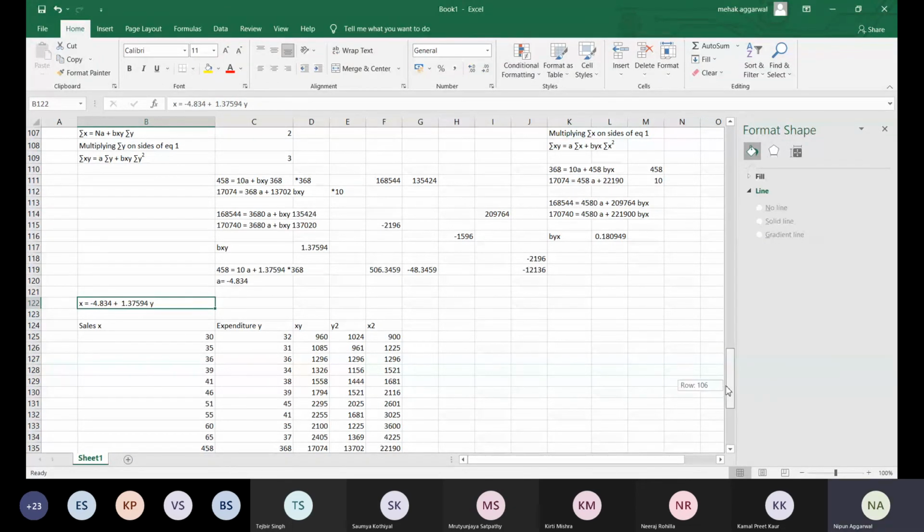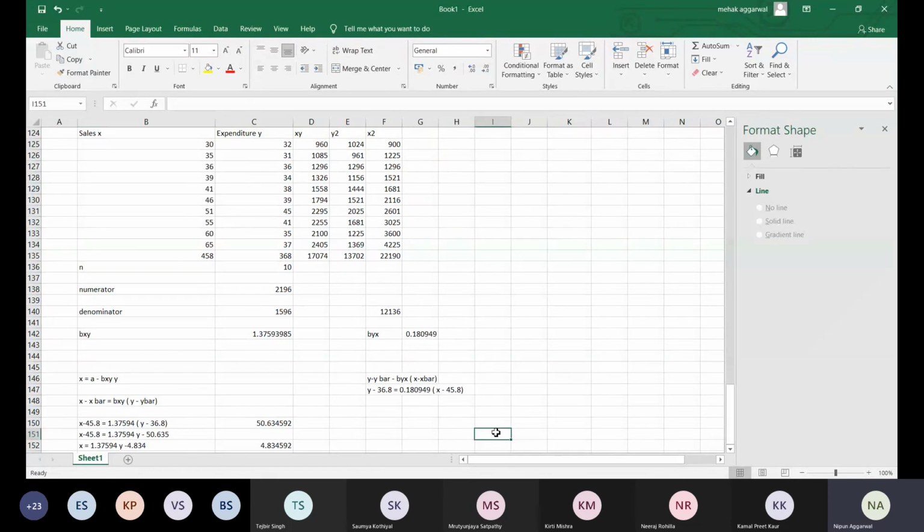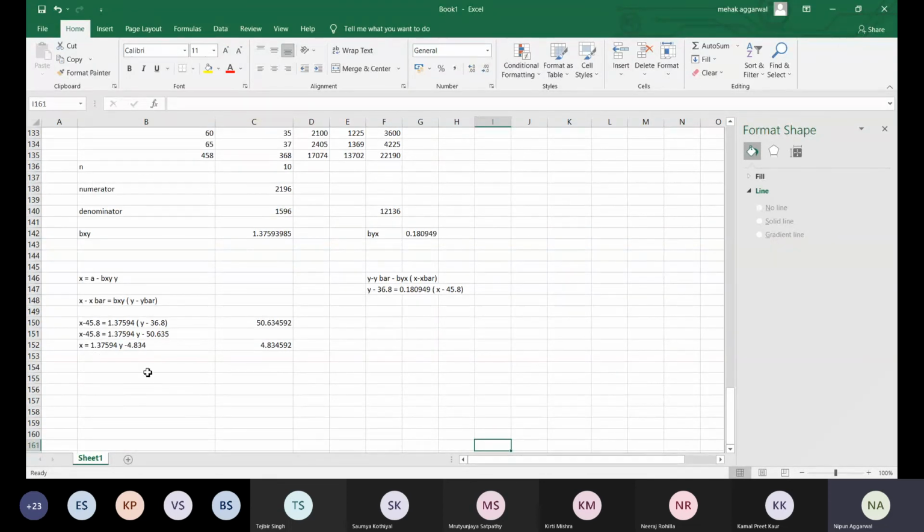Fine. So those are the two methods of the regression equation, the least square and the formula method. Now the characteristics of regression. So you can write down the characteristics of regression. The characteristic of correlation is that the correlation value cannot be less than -1 and cannot be greater than +1. But the characteristic of regression is that an individual regression coefficient can be greater than 1 or less than -1. But if one is greater than 1, the other should be less than 1. So for example, if we want to calculate the R, R is equal to Byx into Bxy.